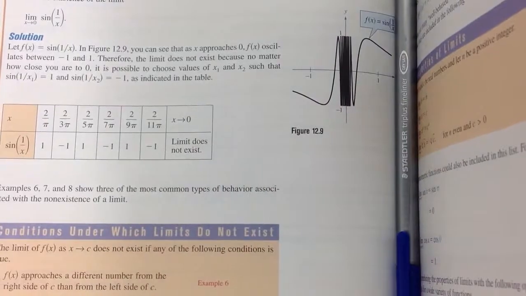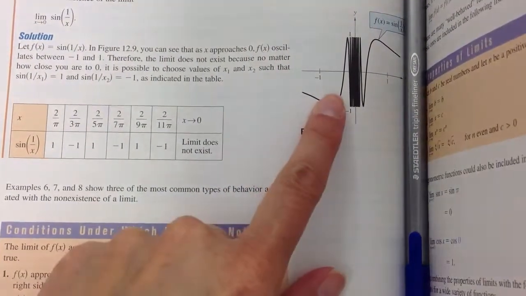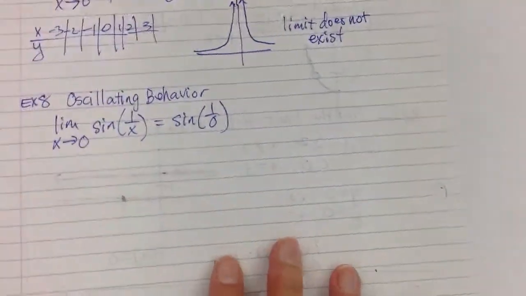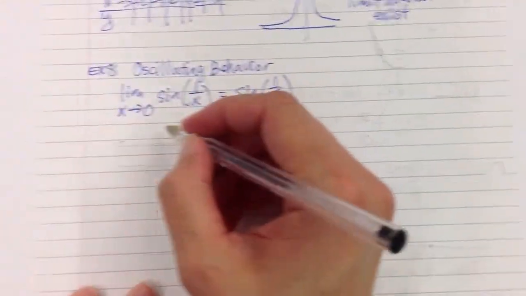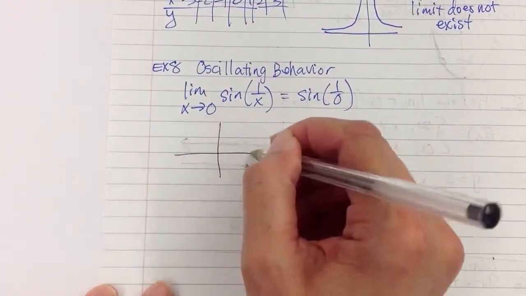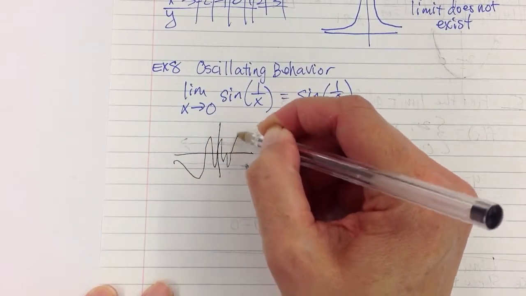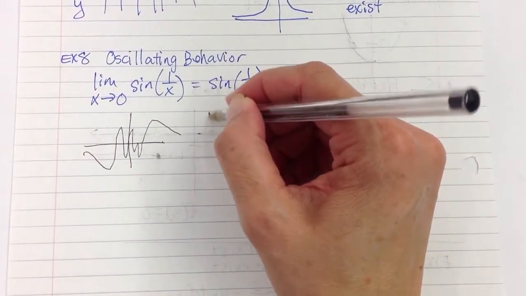Well, when you have oscillating behavior, there's no limit, because it's just too irregular. So if that happens, the limit doesn't exist. Okay, so the limit does not exist here. And we could draw a little graph of what it looked like. It went down like this, then it went boop, boop, boop, boop, boop, and then it went back like that. So because it's oscillating, the limit